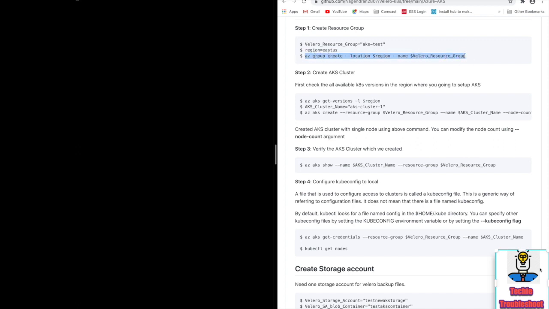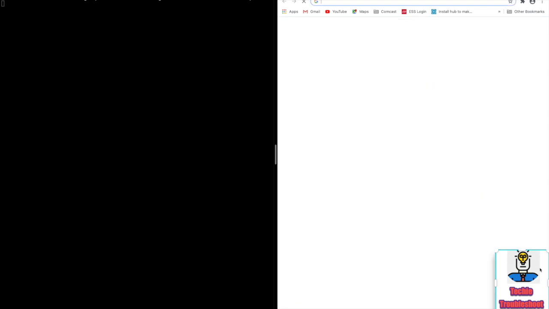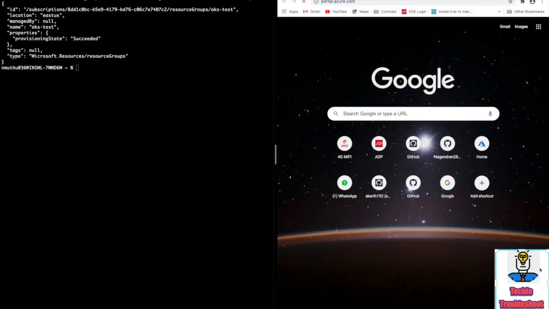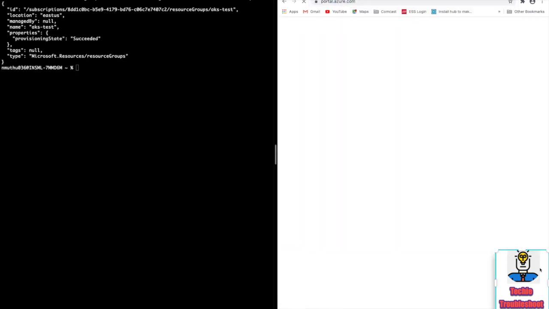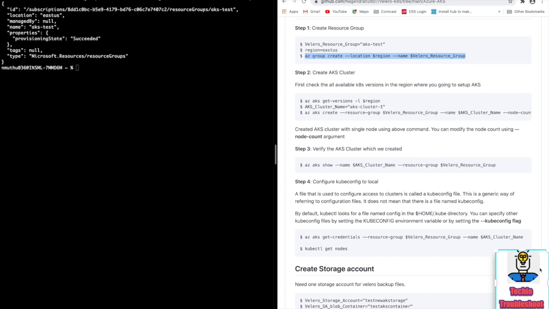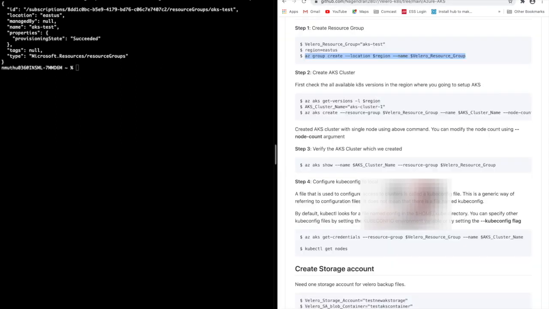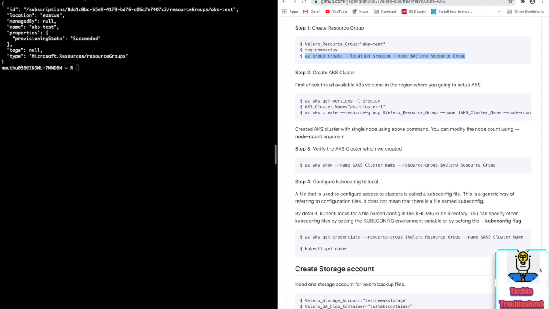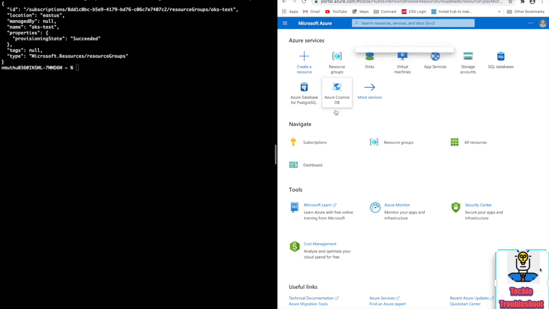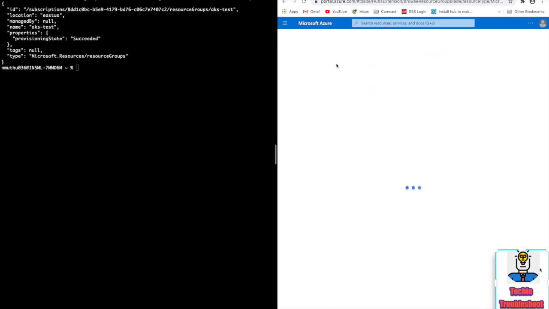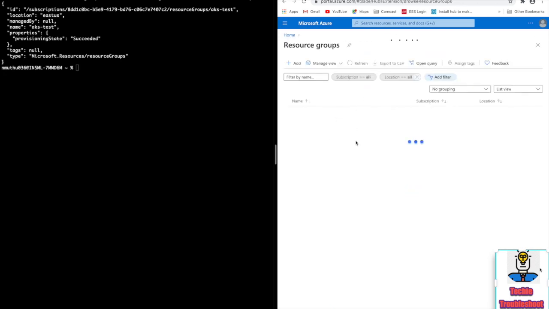And I'm going to create the resource group. So we can verify the same in the UI. It will take some time.